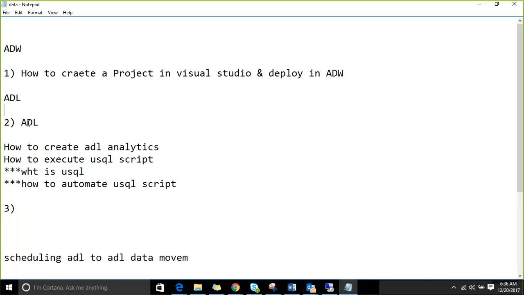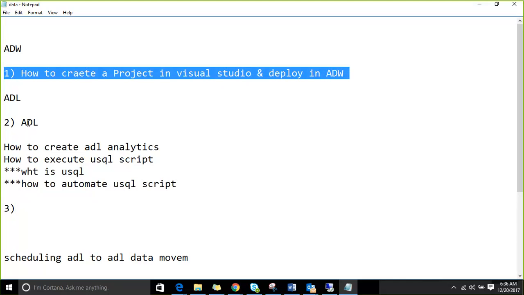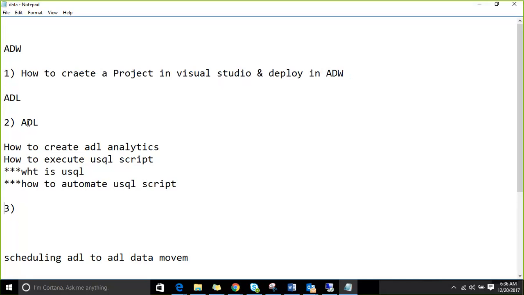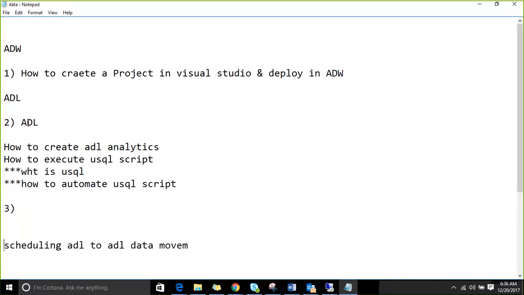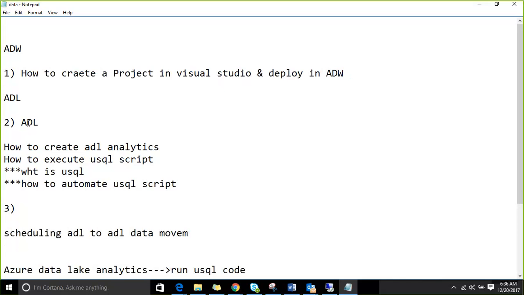So as part of ADW, you need to understand how to create a project in Visual Studio and how to deploy it in ADW. And ADL, you need to understand this one. And ADF, I already showcased, like data movement, data copy I showcased. But